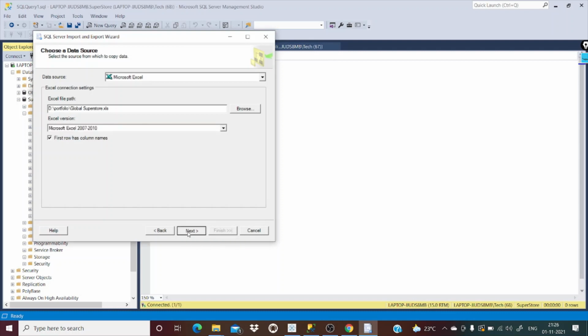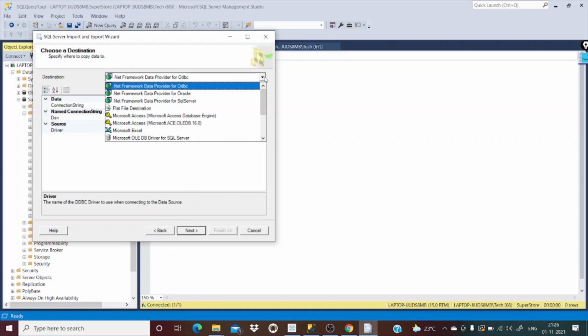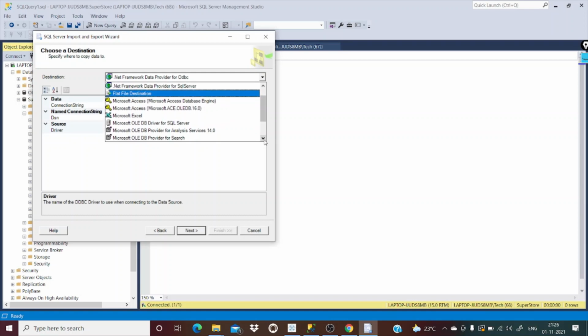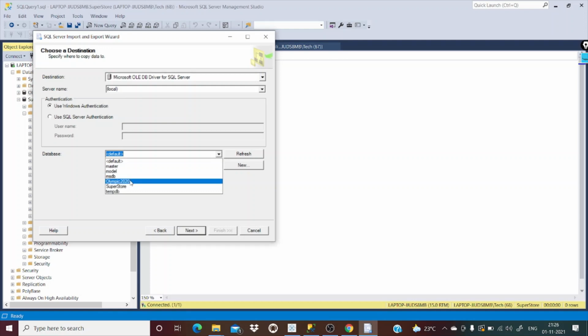Next, this is the destination. Here you just have to specify this one, Microsoft OLE DB driver for SQL Server. And for the database, I'll just give Olympic 2020. This is my other data set, which I can drop later. So I'll just give this one, and then next.